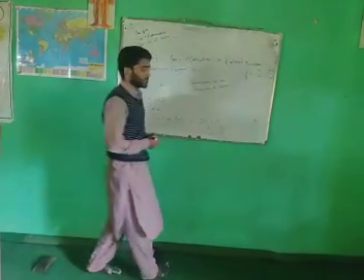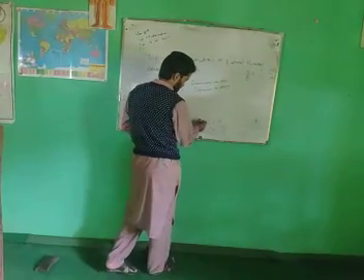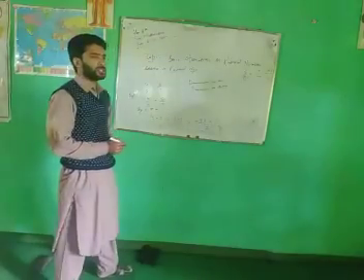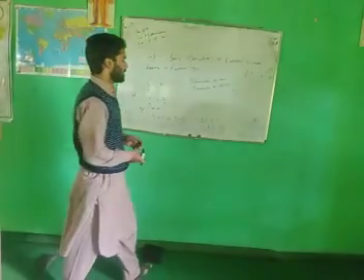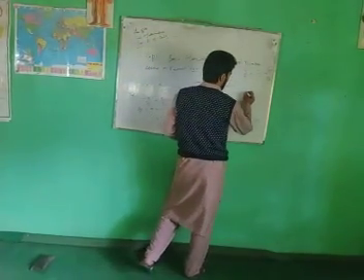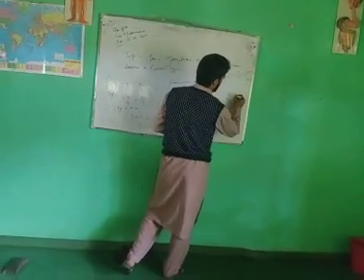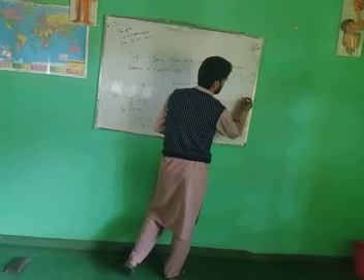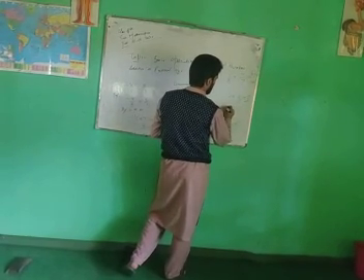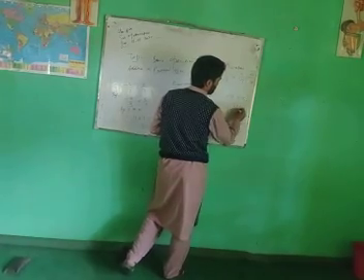Now the question is minus 28 plus 15. We know it is minus. Minus means we can say that it is loss or it is decrease. For example, it is minus 28, a loss of rupees 28, and it is 15, it is positive, that means a profit of 15.